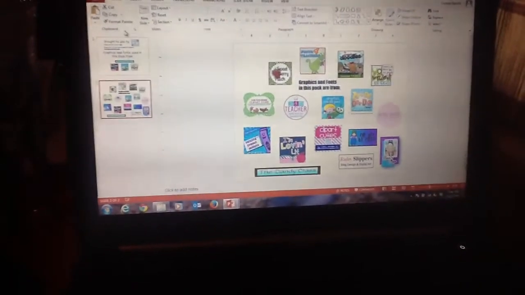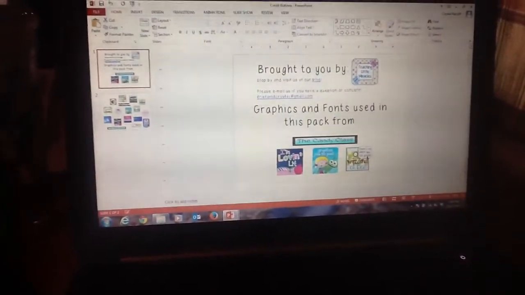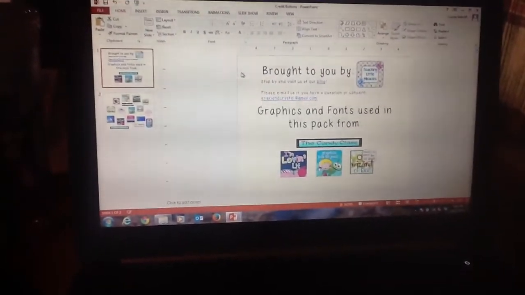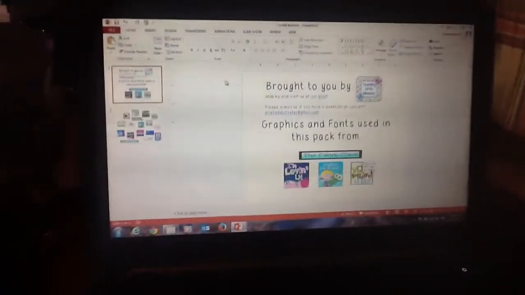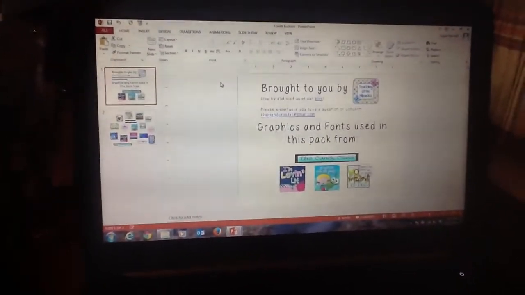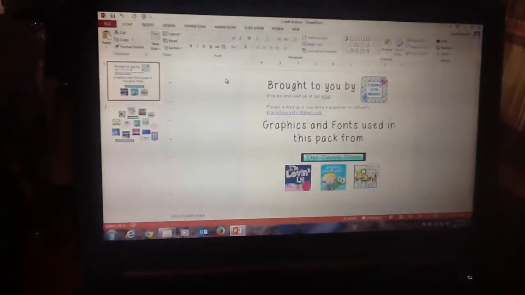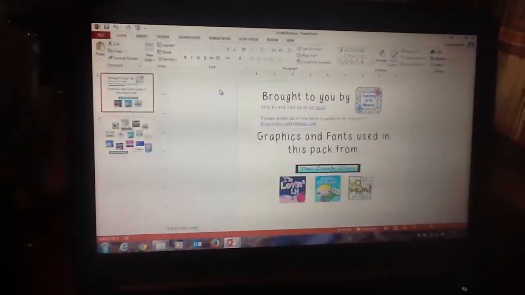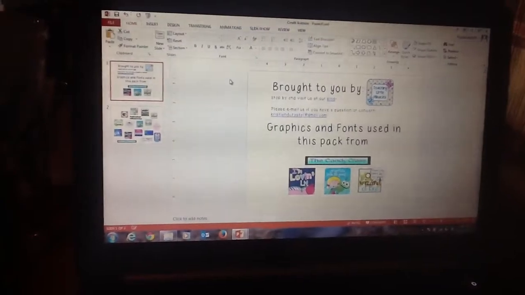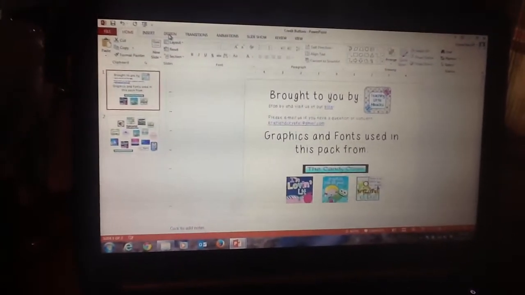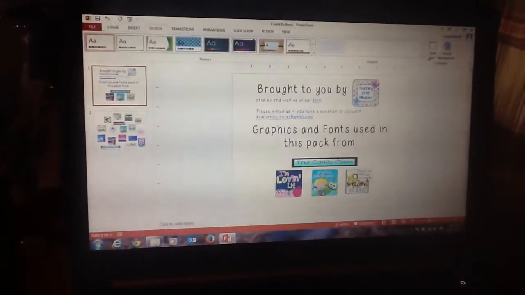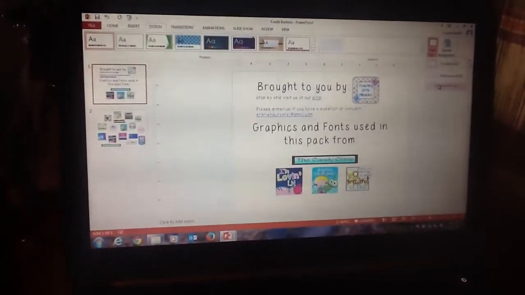So I start with this. One thing I'm going to show you is the slide size. We started making things in Word first. I found that it was more difficult to create pictures for my preview files and things, so I went to PowerPoint instead, and it took me a little bit to figure out some things, but the first thing I always do is go to Design, Slide Size, Custom Slide Size, and you can see that it is 10 inches by